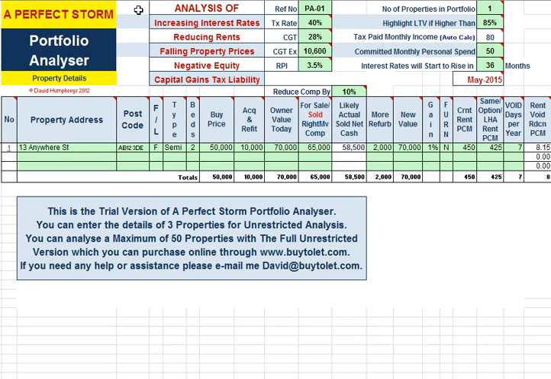This analyzer covers increasing interest rates, reducing rents, falling property prices, negative equity, and a capital gains liability on sale, all coming together at the same time. And this workbook is set up to demonstrate that these 5 circumstances can arise at the same time in a